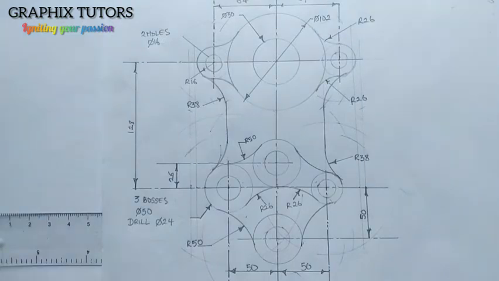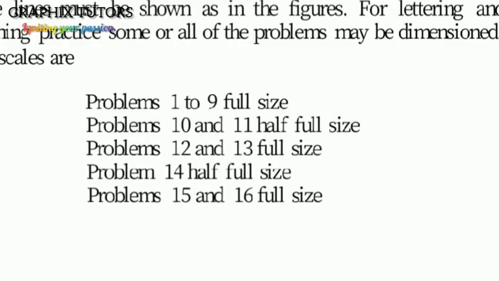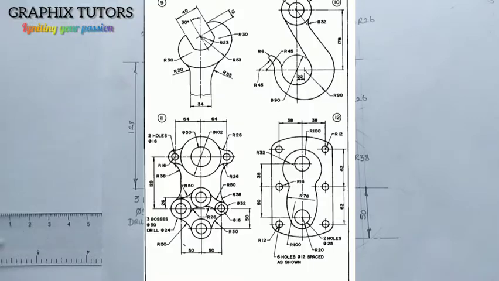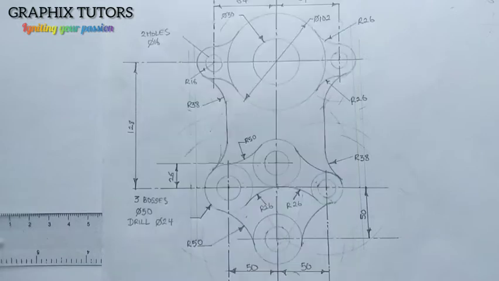If you look at what we have here, in problem 11, you say we should draw what? Half full size. Now look in front of your screen. This is problem 11 that is displayed in front of your screen. And what is in front of it? So we should draw what? Half full size. So whatever we are drawing, we draw half of the dimension that is being given,